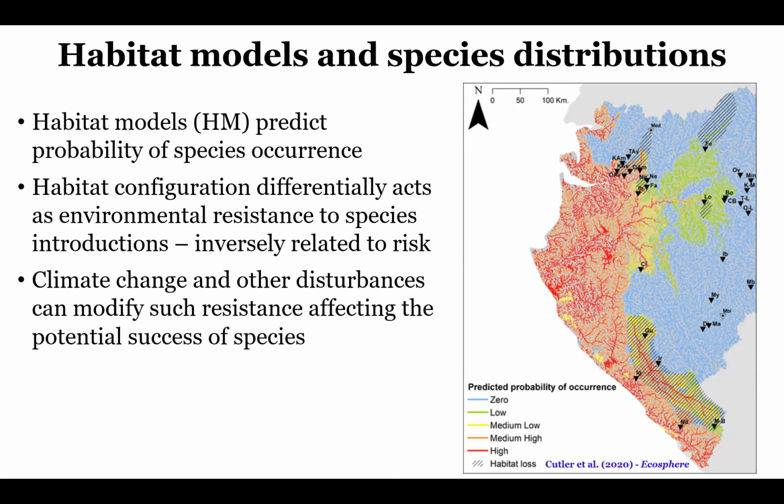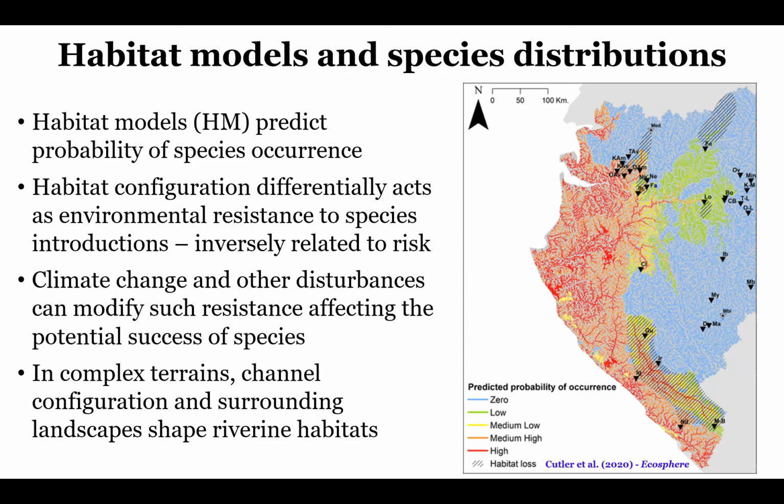Basically, they are based on occurrences of species in different places. Then we model the surrounding landscape and see how those models can predict the probability of occurrence. In this case, dams were being developed in these areas, and the new dams you see in the shaded areas cause a potential loss of habitat, not only for the species but also for the marine traits of those species. So all this habitat will be lost. Again, these models seem to be really useful for large-scale planning and resources.